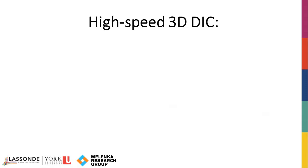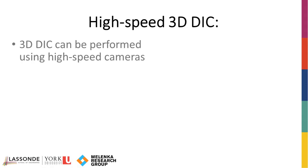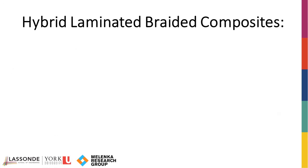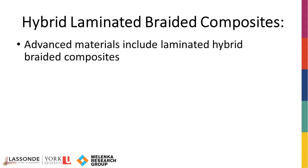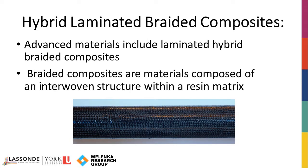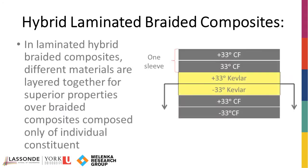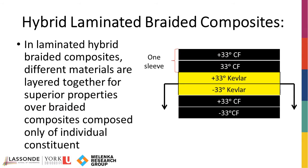3D DIC can be performed using high-speed cameras. Using high-speed cameras offers valuable insight into the damage and failure of advanced materials. Advanced materials include laminated hybrid braided composites. Braided composites are materials composed of an interwoven structure within a resin matrix. In laminated hybrid braided composites, different materials are layered together for superior properties over braided composites composed of only the